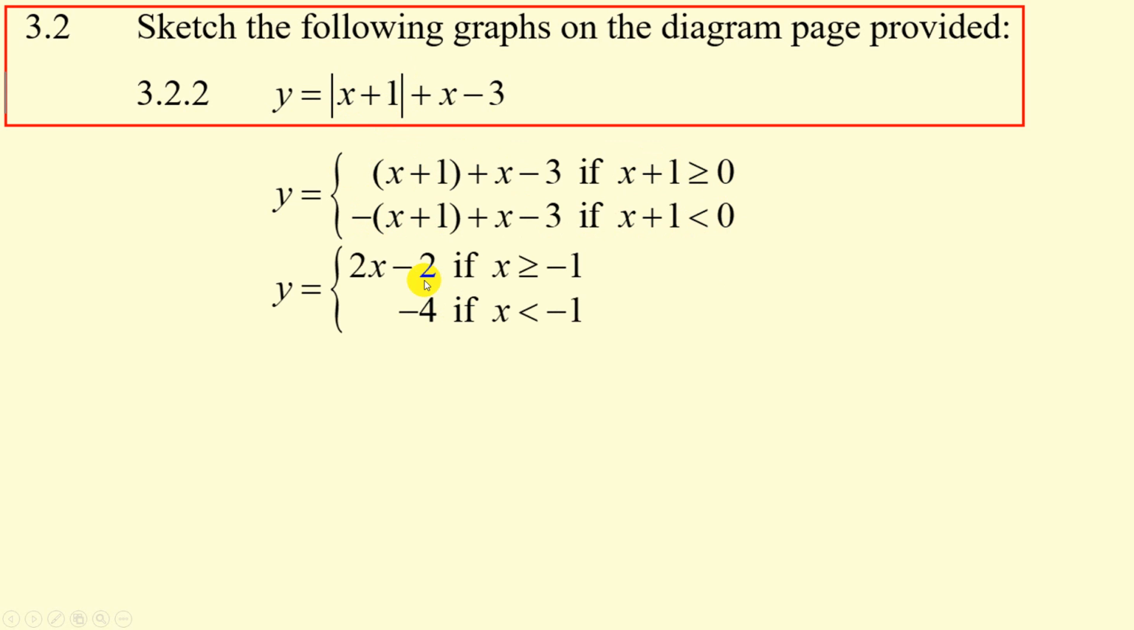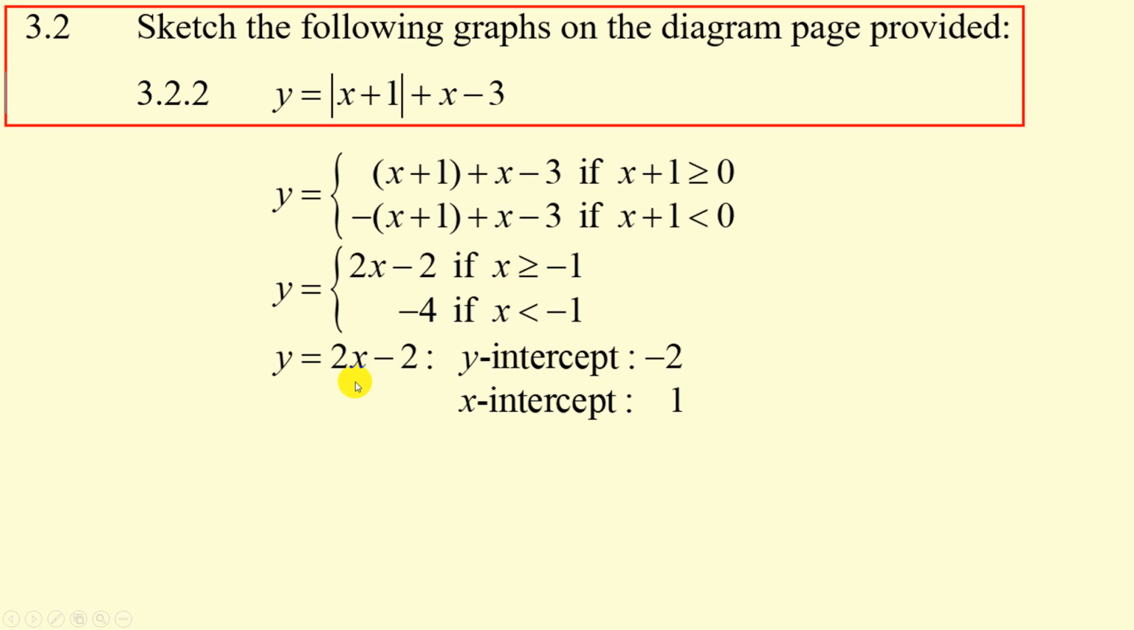And that gives me two graphs. y equals 2x minus 2 if x is greater than or equal to minus 1, and y equals minus 4 if x is less than minus 1. So there are the intercepts